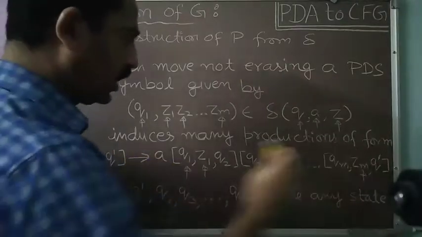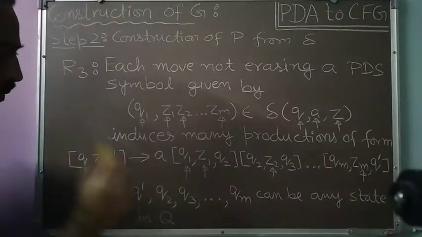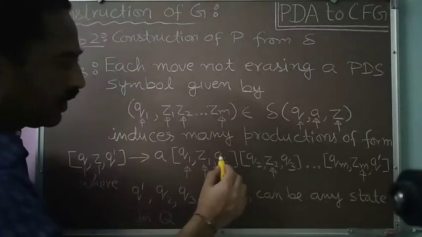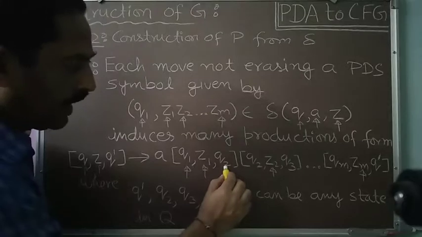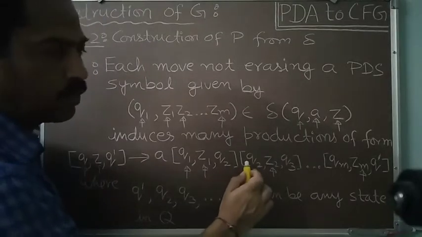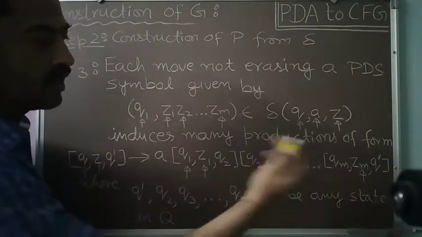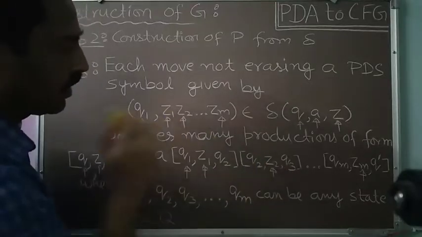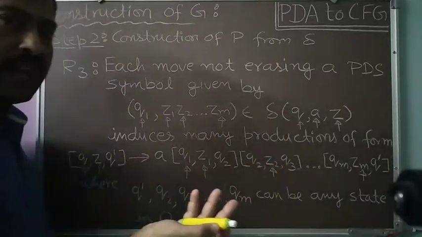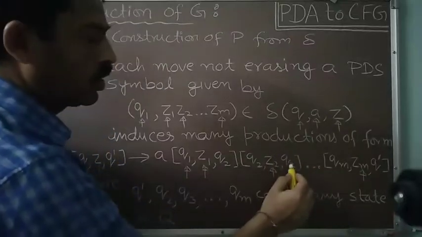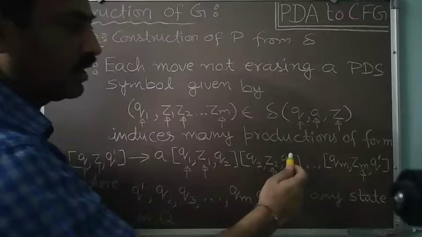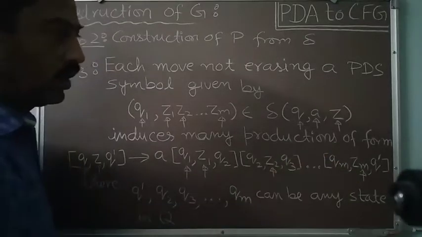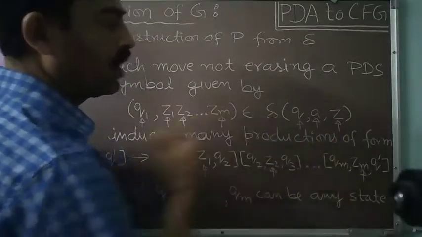Now look at the sequence, how we are getting it. It is q', then a, then [q1 Z1], then we are taking q2. This q2 is an arbitrary state. So if we are ending with q2, with the same state we have to start, that is from q2 we start the next triple. Then Z2 will come from here. Then q3 is again an arbitrary state. So whatsoever state q3 we are ending with, the next triple we will start with the same state, that is the state q3. In this manner we will be forming our triples.